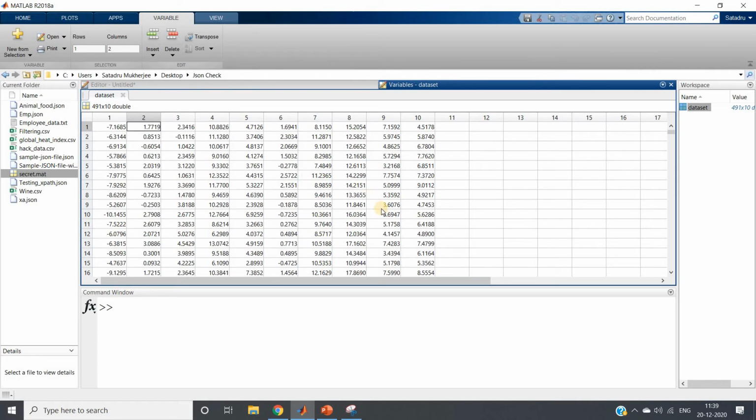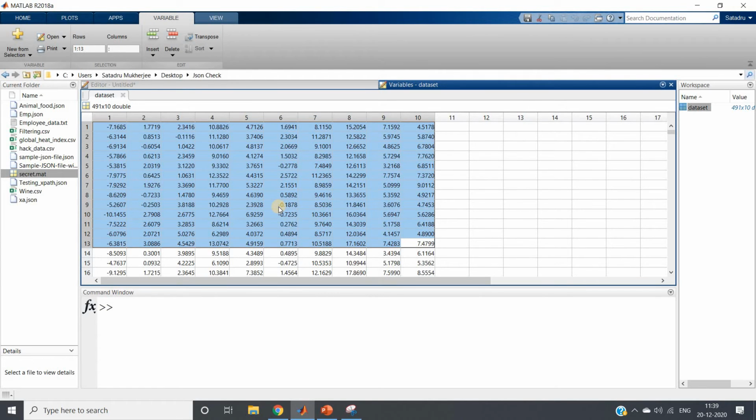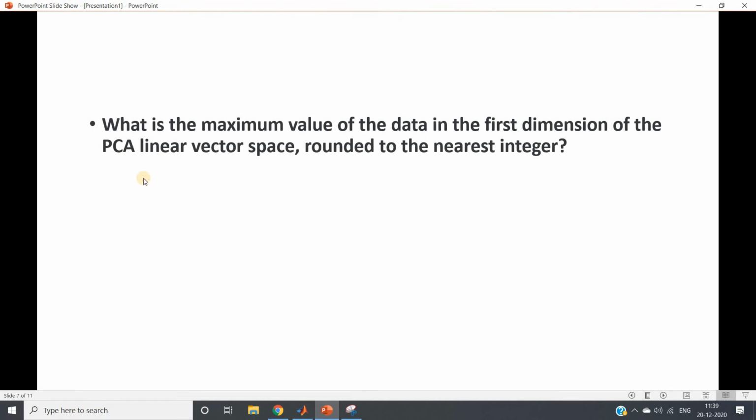If we do all possible scatter plot combinations, then also it will be difficult for us to get the secret two-dimensional message. But we know that if we map to a two-dimensional subspace where it will have greatest variance, that time we can visualize it. And the first question in this particular use case asks, what is the maximum value of the data in the first dimension of the PCA linear vector subspace, rounded to the nearest integer?